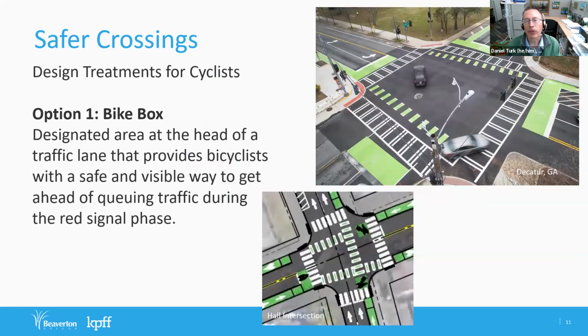The two physical design options differ in their design treatment of cyclists. The first option provides bike boxes, which are dedicated places where cyclists wait to cross. Each bike box is located behind the crosswalk, but in front of a stop bar for cars. Bike boxes make cyclists more visible to motorists. Pushing waiting cars behind bikes helps prevent right hook conflicts between bikes and turning vehicles at the start of the green.